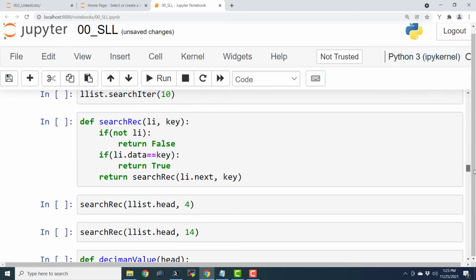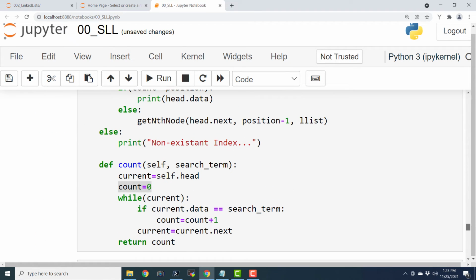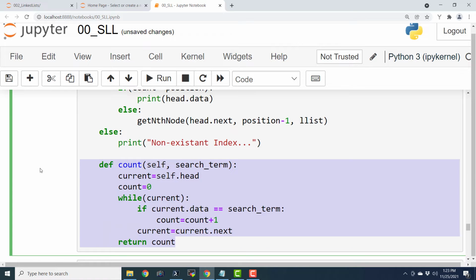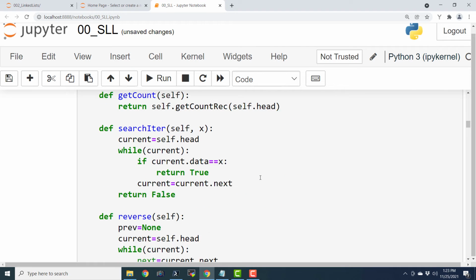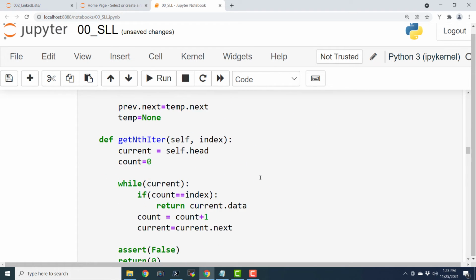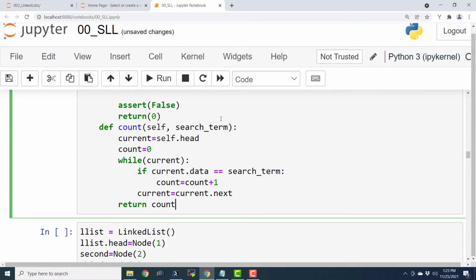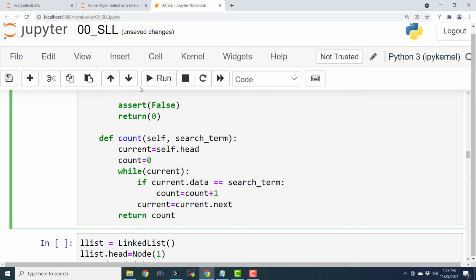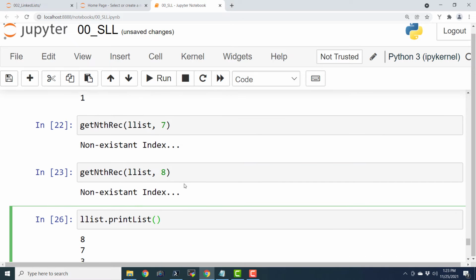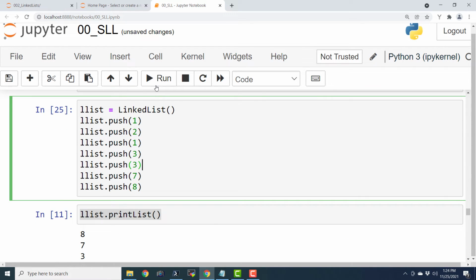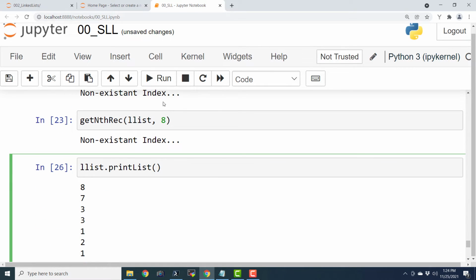Oh, I think that we have written it at some other place. So we will have to see where we have written it. Okay, we have written it here. It was not supposed to be here. It is in an entirely wrong cell. So we will go ahead in the top cell where we have defined our other methods, and we will just paste that code here. We will also have to create the object for this class again. So let me scroll down and let us create that linked list again, because the stale object will have the stale definition. And here we are going to print the list again.